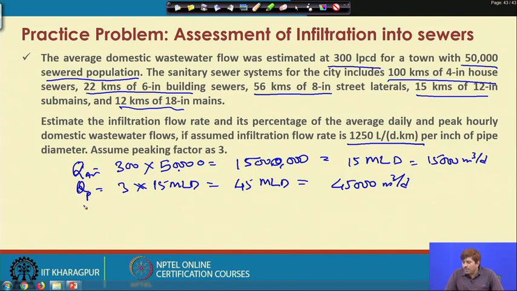Now, we need to calculate the total infiltration flow. How much is the total infiltration flow? The infiltration flow will be dependent on the length and diameter of the pipe, as is given. The infiltration rate is given to us, right. So, total infiltration flow